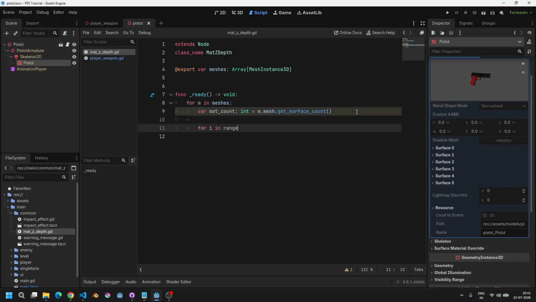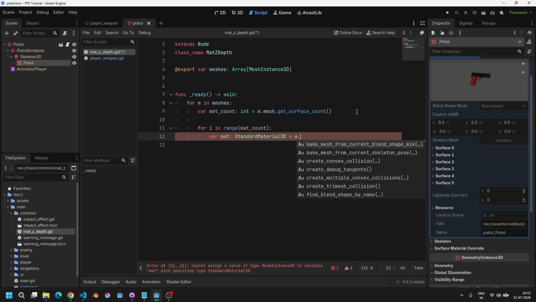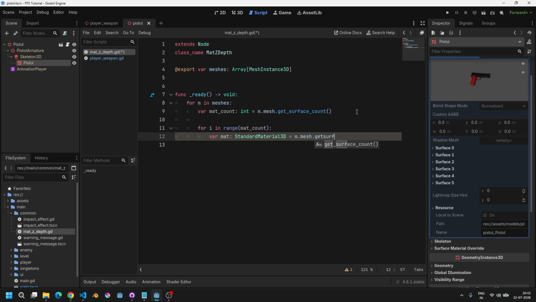then I go through all these surfaces. So let's access the material. It's going to be StandardMaterial3D. It's going to be again our mesh instance dot mesh, then it's going to be surface get material. It asks us for the index, and we pass in i, which is the index in this loop, and then